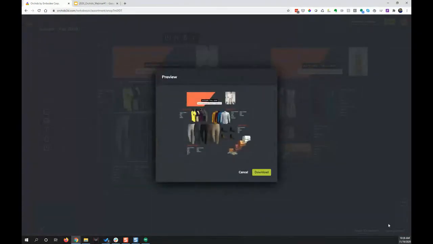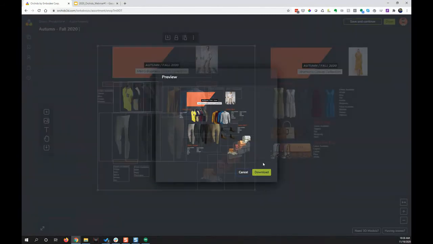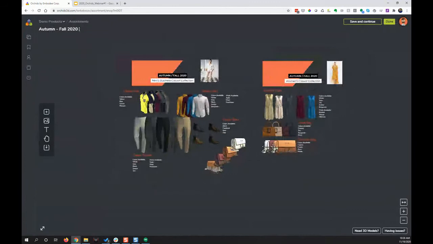Okay, I'm looking at the clock. We don't have much time left, but here we go. So that's the idea behind the assortment tool. All right, so now I've created a collection that I can share with other people, and I've tried to show the kind of combination of two people working together to actually create this collection together.